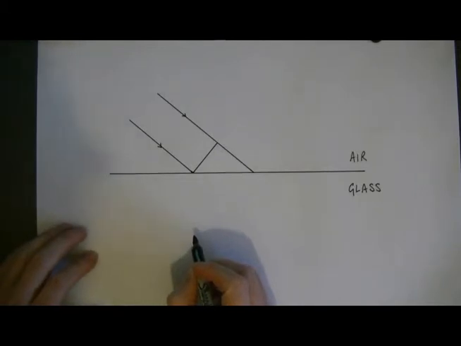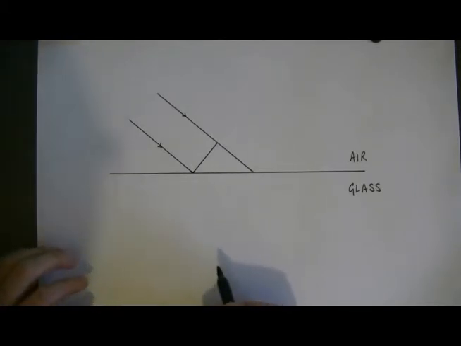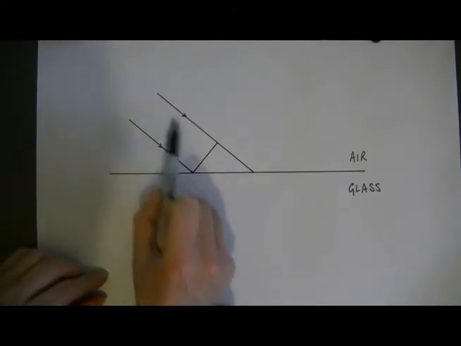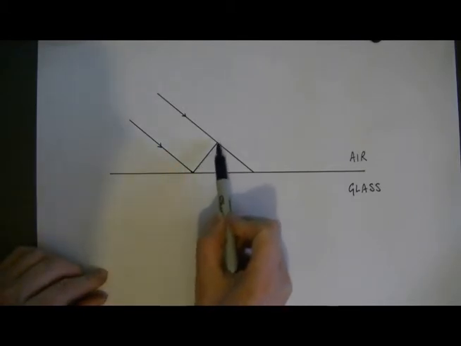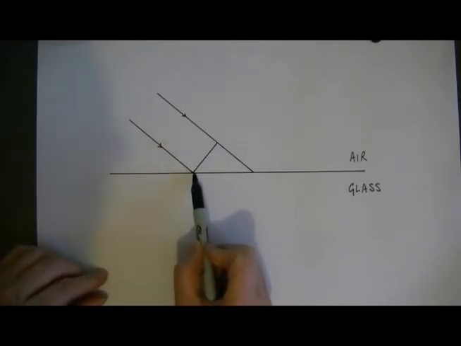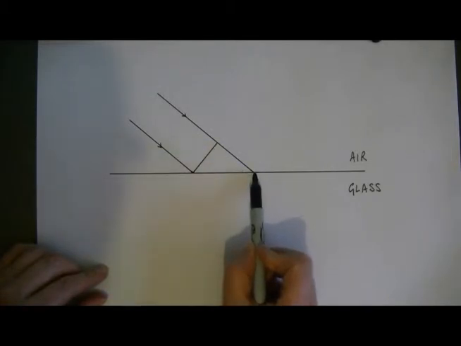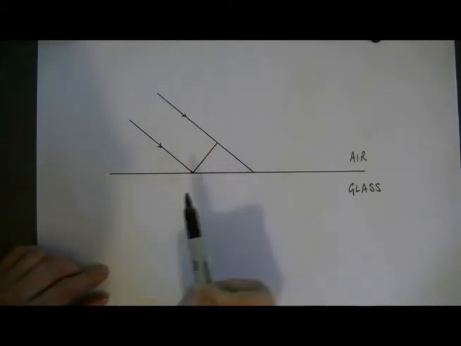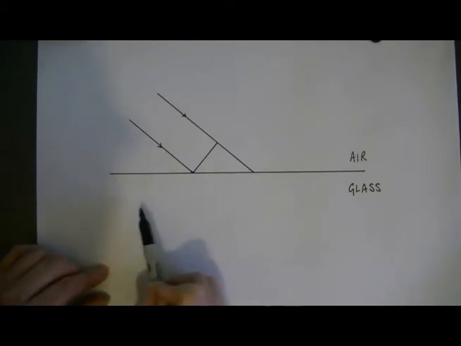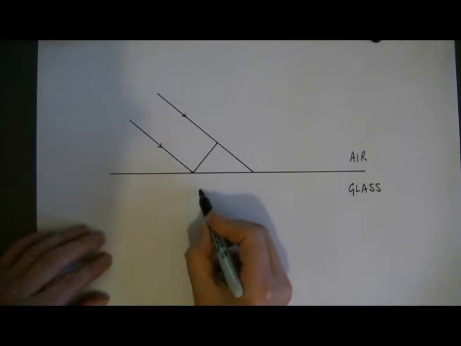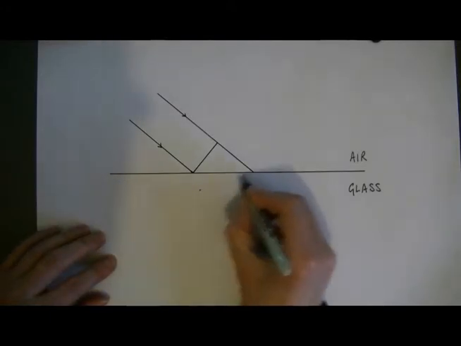What causes the ray of light to change direction when it enters the glass? Well, let's look more closely at this beam of light coming in here, and we'll think about the wavefront that's just touching the glass at this end. So in the air this wavefront is going to travel from here to here, but in the glass the light travels more slowly, so it doesn't travel as far, so it's only going to travel to here. So I get a new wavefront,